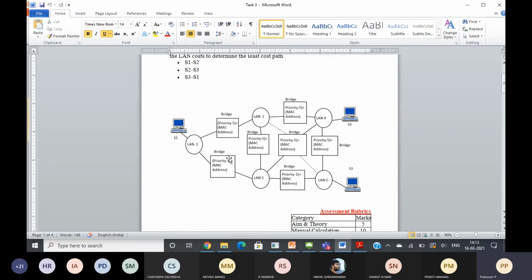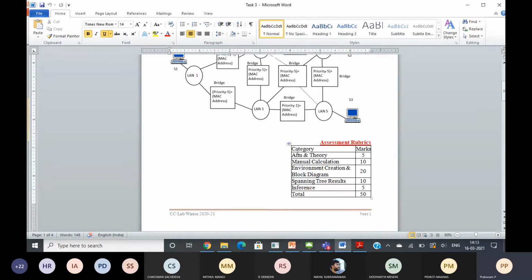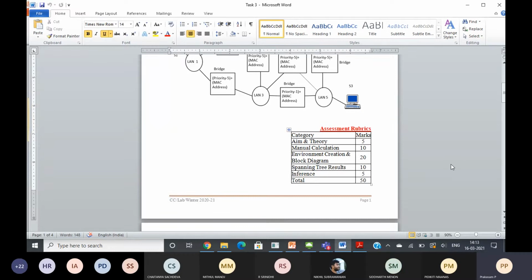You see here, for all the bridges we are given priorities. For this bridge, priority is 1 plus MAC address. For the remaining bridges, priority is 5 plus MAC address. The assessment rubrics for spanning tree: aim and theory 5 marks. After configuring all these things in NetSim, you have to note down the respective MAC address from NetSim.